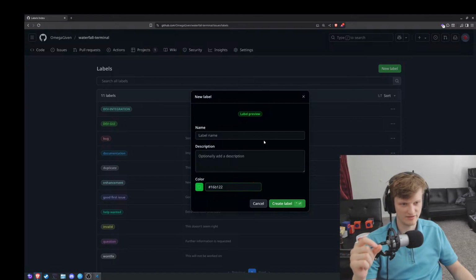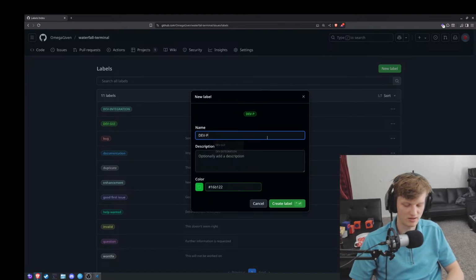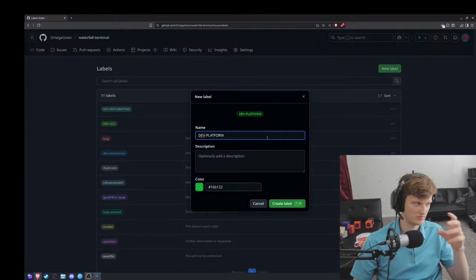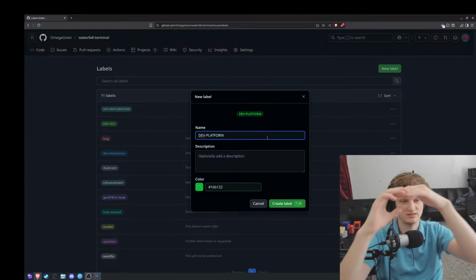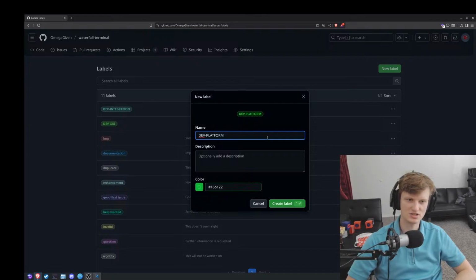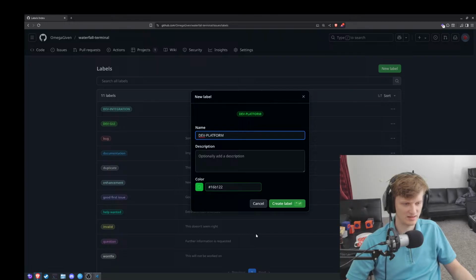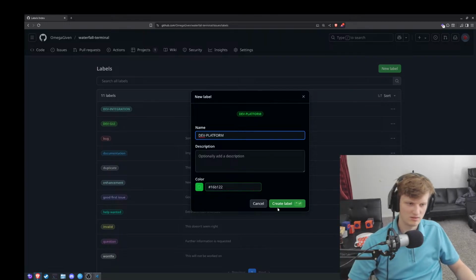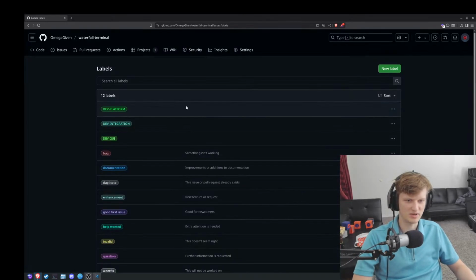Then we need dev platform. I think we'll call it platform. So dev platform would be the actual C++ or engine. I wonder if we should call it the engine. Like the C++ back end, the engine is the thing that drives the actual processing. We can rename these later on if we need to. I think platform sounds better. Engine sounds cool, but I'm going to call it platform for now. I don't know. I'm not the best at this.